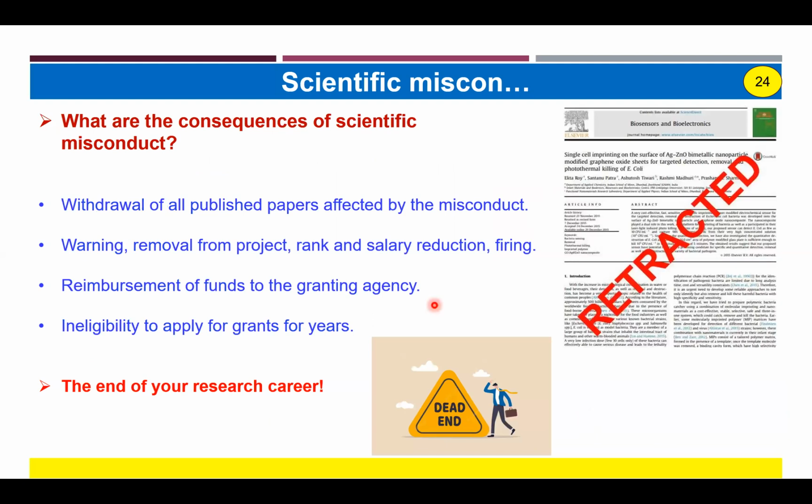Now, what is the consequence of scientific misconduct? If you commit scientific misconduct, that is terrible. Some of them I'm pointing out here. For example, the publisher may ask you to withdraw the paper if they find that your paper involves scientific misconduct. Okay, so you can also get a warning and removal from the project, or your rank can go down, or your salary could go down, or in the end you can be fired from the institute. Or sometimes the funding agency asks you to reimburse the money that you got as a grant for the